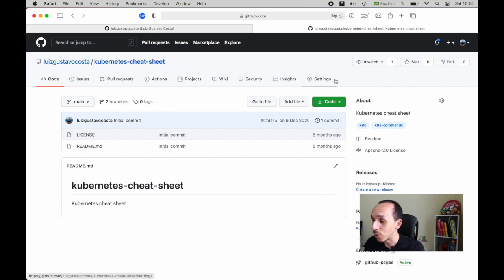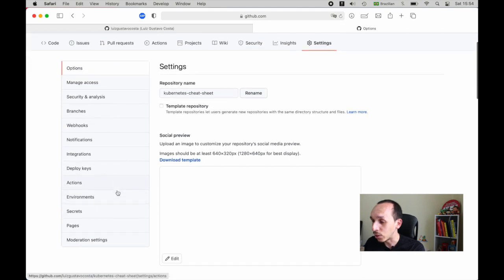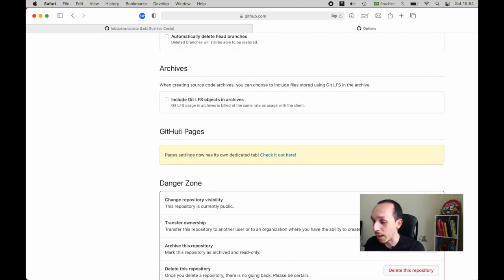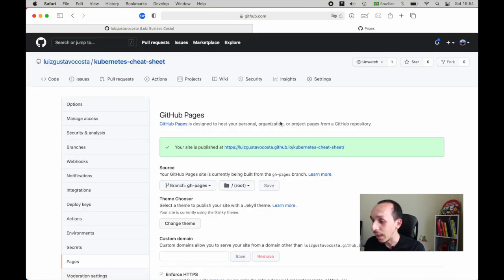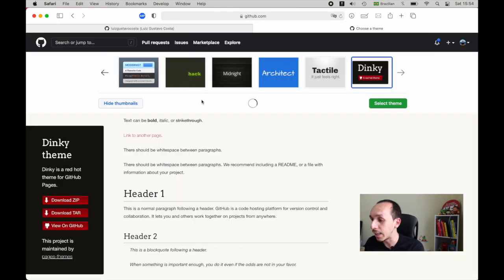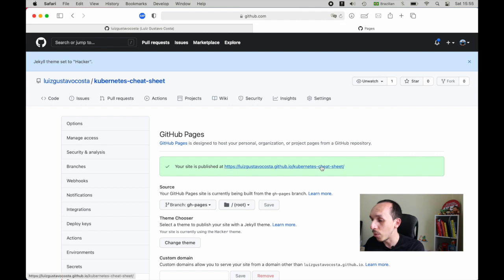So basically you need to go to the settings, and okay, let's scroll down, and here we have GitHub pages. Okay, GitHub pages, you can check this out here, click on that, and then use this branch. If you want to pick a template, you can go to change template here and pick someone. Okay, let's see in terms of rec. Let's remember the matrix move. Okay, and select them, and now we will have